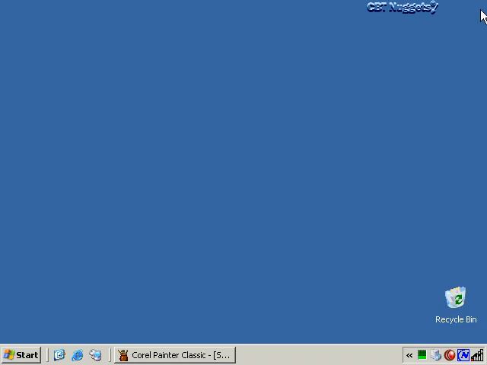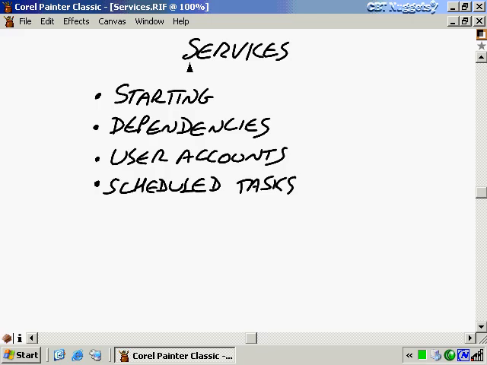In this nugget, we discuss services, and services are kind of like little applications that run in the background that are just waiting for something to do. And when we take a look at the services, they're not really going to do much for us unless they're already started, or unless they can be started. Because a service can be disabled, so it can't be started at all until you change it to manual, at which point you can manually start it up, or you can set it up on automatic so that it just starts up when the system starts up.